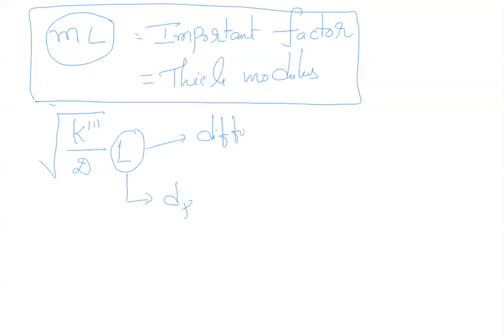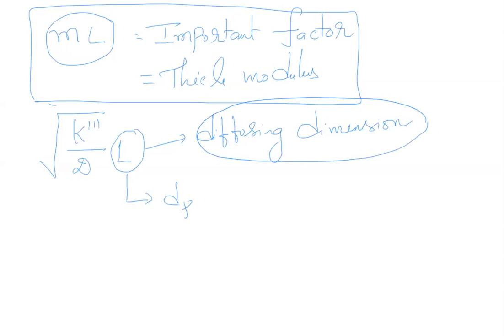Suppose if the particles are diffusing in the direction of X, it becomes L. If the particles are diffusing in the direction of R, it becomes R. Basically it is the diffusing dimension. So this Thiele modulus is extremely important. That is what we call phi. Then we will define when phi is less than 0.4, you can neglect the diffusional resistance. That is what we call weak pore